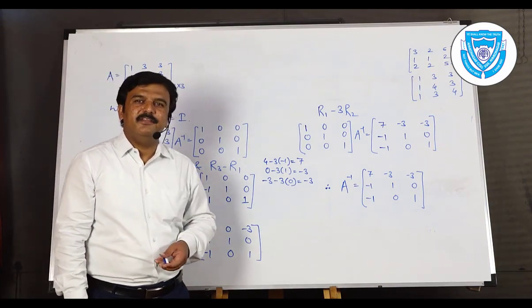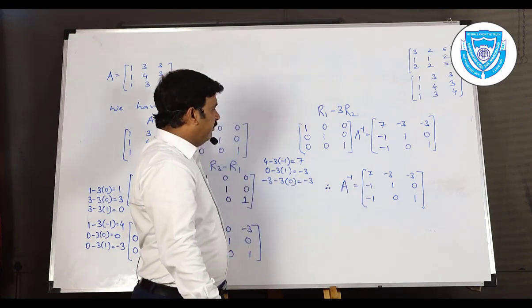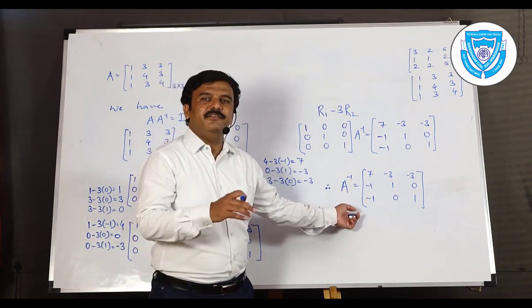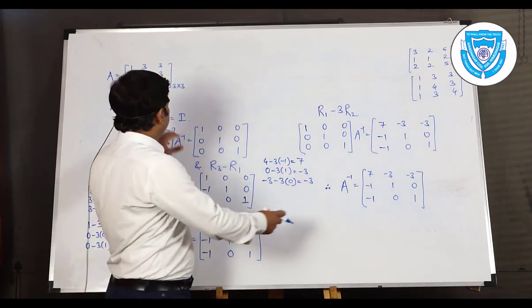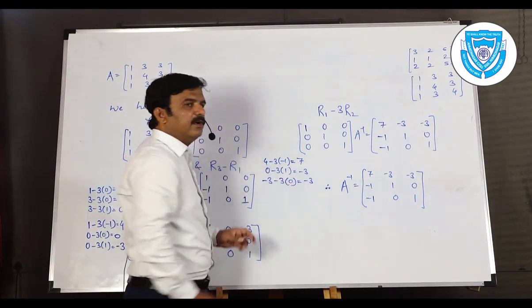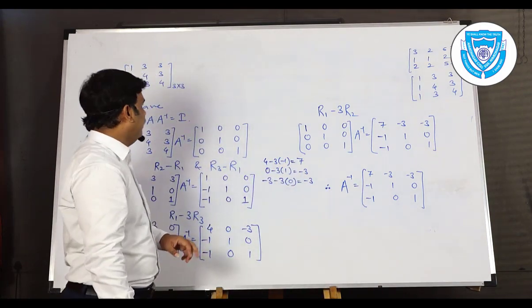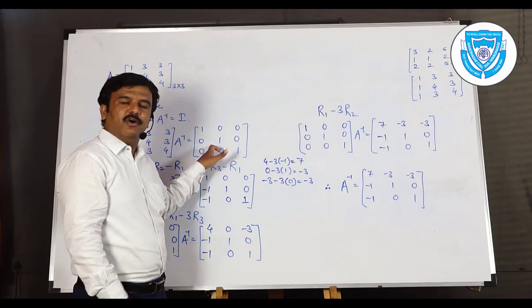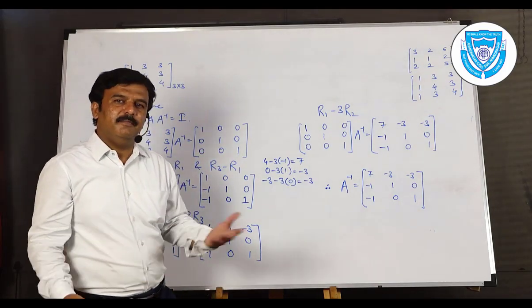Now the question arises, is it right? Is it true that the inverse of the given matrix is this? The answer is yes. The question is how to verify this. Of course, it's very easy. Let us multiply these two. You can try it at home. Multiply these two matrices and check whether their multiplication is the identity matrix or not. Of course, you are going to get the multiplication as capital I, that is the identity matrix. It means that we are through.